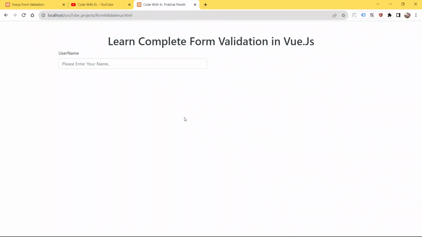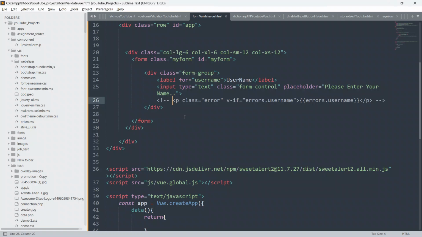Yeah, so now guys, we can see, so we have to give also here justify content center, and give mx also auto.